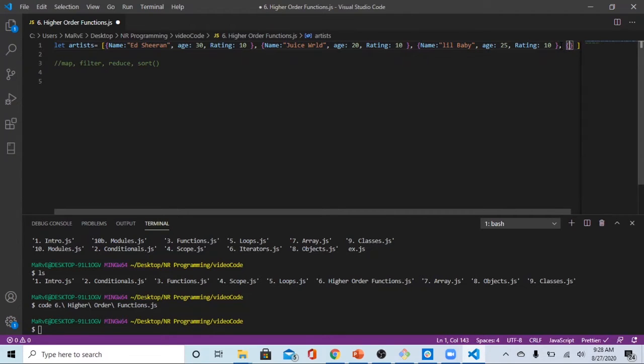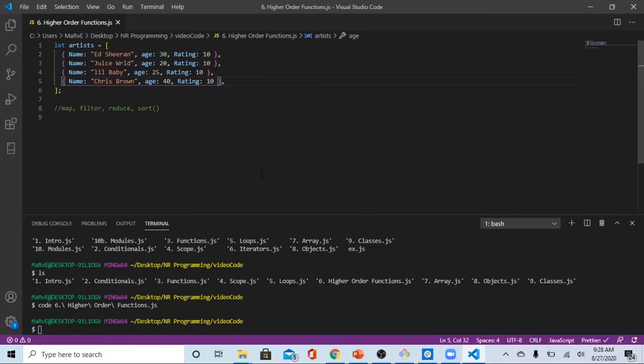And then let's go with, I don't know, Chris Brown or something. Let's go with age 40. Again, none of these are accurate. Rating 10. You know what? I should have just left the rating out if I'm just going to give everyone a 10. And also, I'm going to go ahead and set up